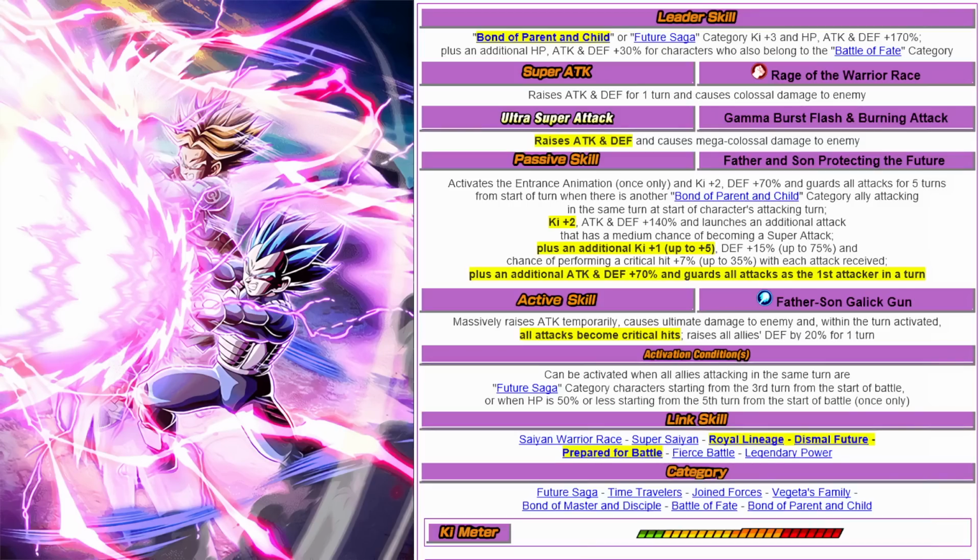This makes it a lot stronger when it comes to multiple super attacks versus just one crazy strong super attack. Right now, making it stronger to do more damage is the rest of this kit here, plus an additional Ki +1 up to 5, which again helps out getting that 18 Ki. Then you get a defensive boost, another defensive boost, 15% up to 75%. But here's that crit